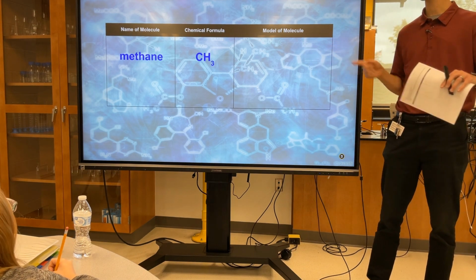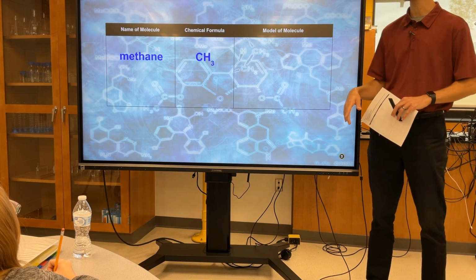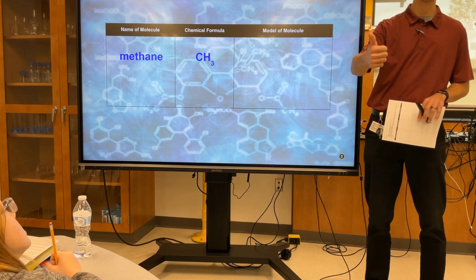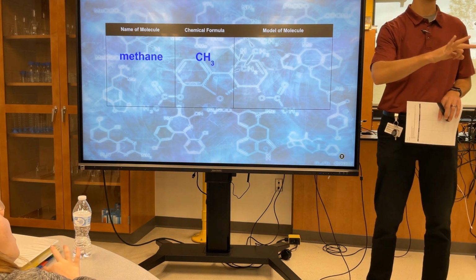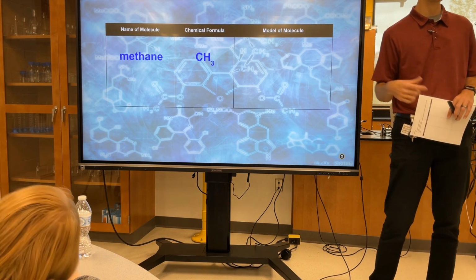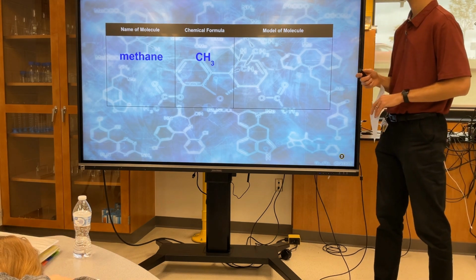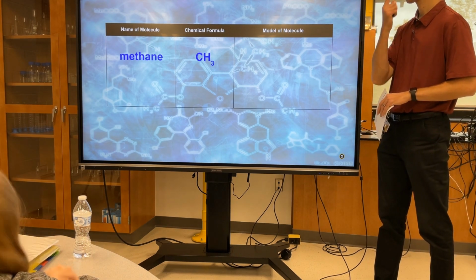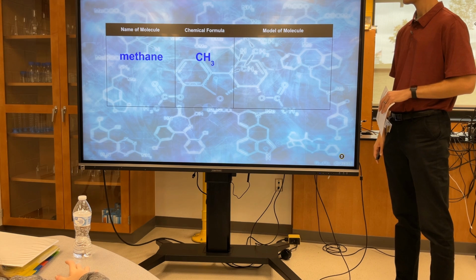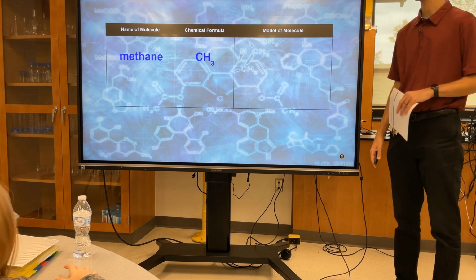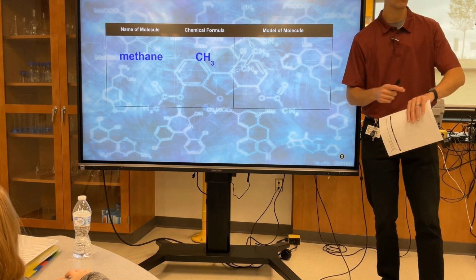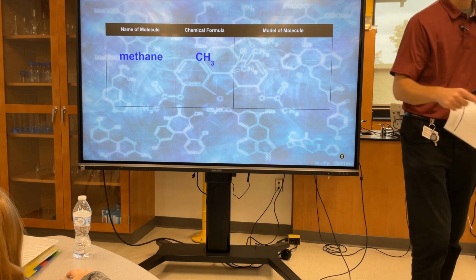Now, you may not know how it's configured. I'm probably not going to grade you on the configuration. What I'm going to be looking for is, do you have 1 carbon? And do you have 3 hydrogens? Hopefully as we do these, you'll pick up on the pattern of how they go together. I'll make some comments on that. Paisley: If there were more than 1 carbon, where would you put the subscript? Great question. Hold that question because we'll see some as we go along. Hopefully that'll help. All right, so take about 30 seconds, and I'd like you to draw it on your paper